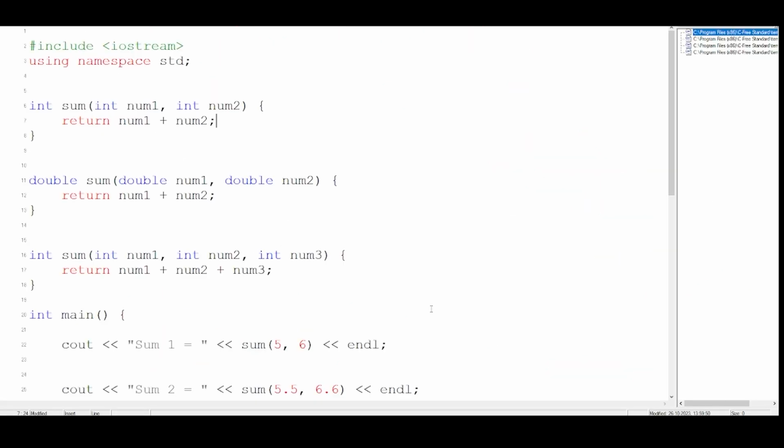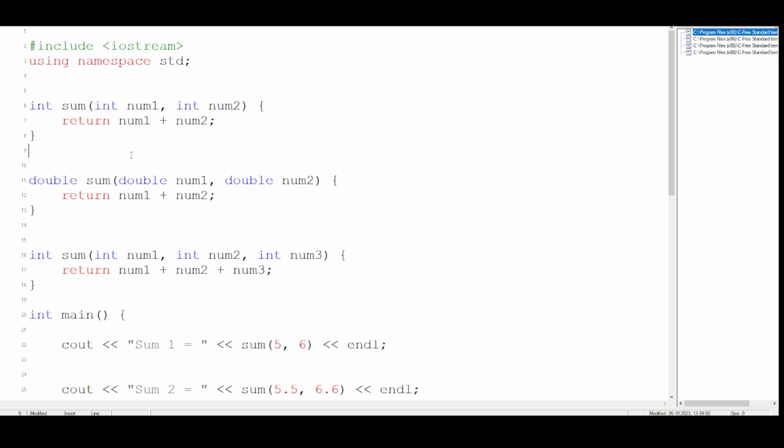Over here, as you can see, I have made two functions. The first function is sum. The second function is also sum. As I said, same name, but here you can see the parameters are different. First, num1 and num2, you can say that they are the same, but the types of parameters are different. This is an integer type, this is a double type. So that is one difference. As I said, the number of parameters may be different, or the types of parameters.